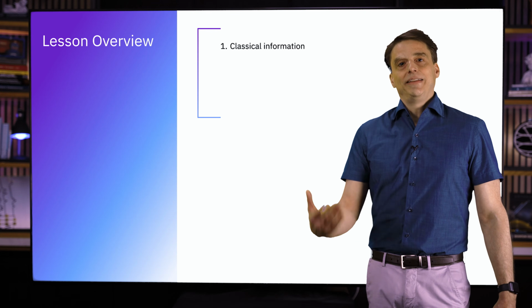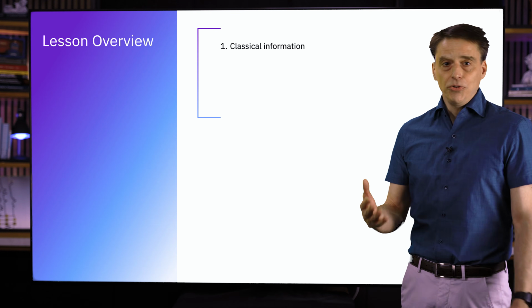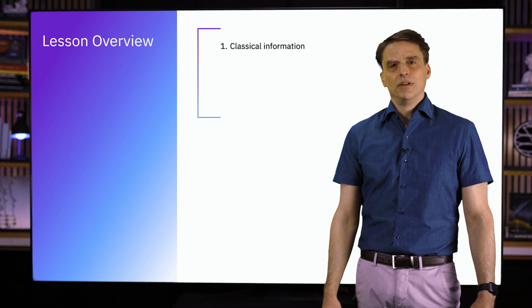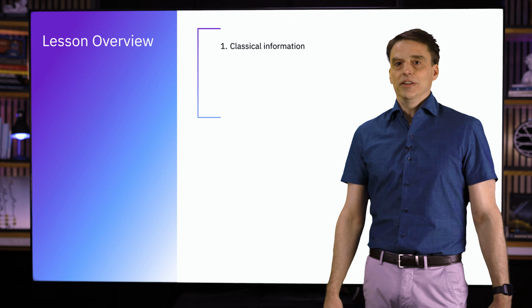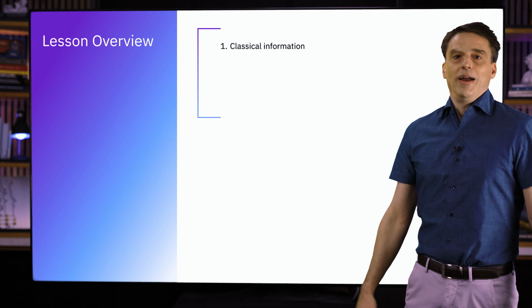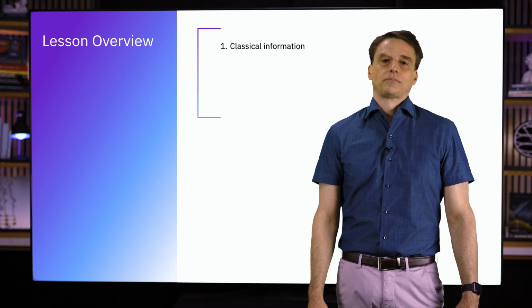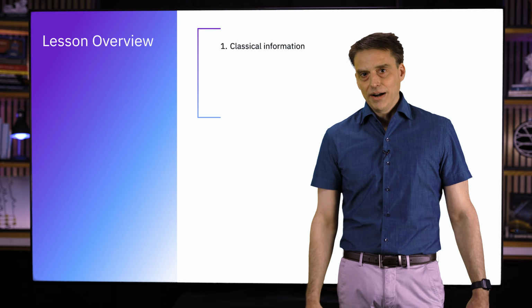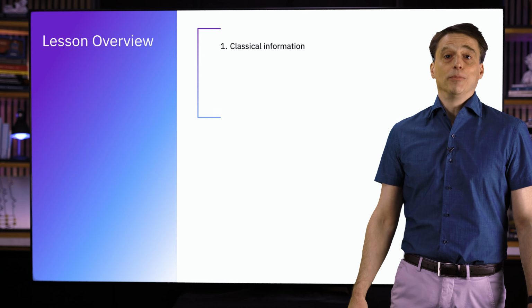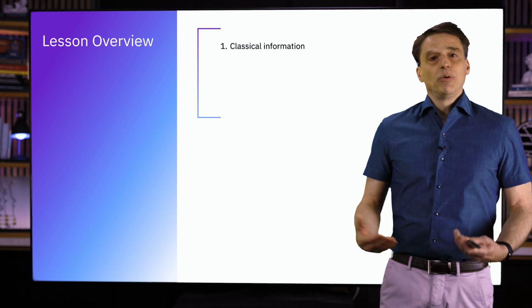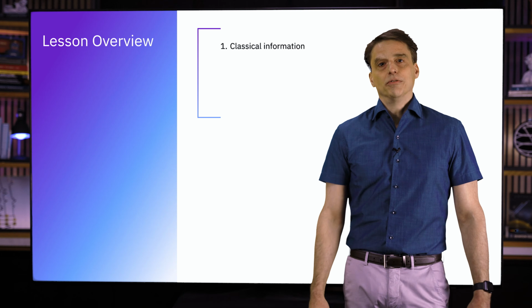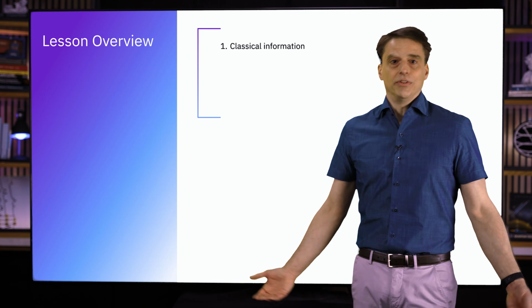In addition to highlighting the aspects of classical information that are most relevant to understanding quantum information, we're going to introduce the Dirac notation in this part, which is a standard way that we're going to use to describe vectors and matrices throughout the series. As it turns out, the Dirac notation isn't specific to quantum information. It can equally well be used in the context of classical information, as well as many other settings where vectors and matrices arise.